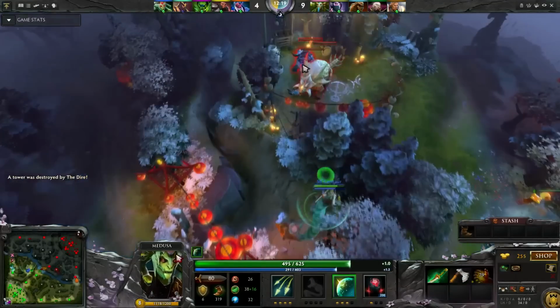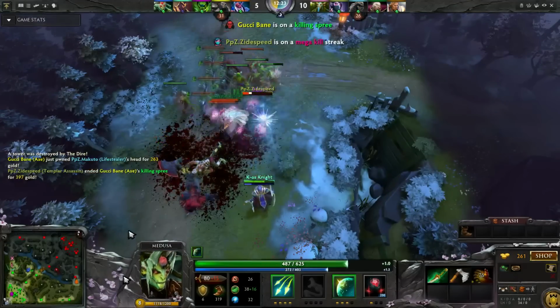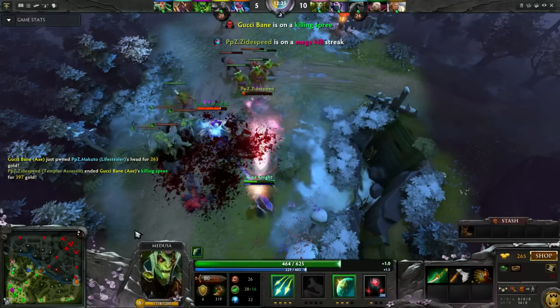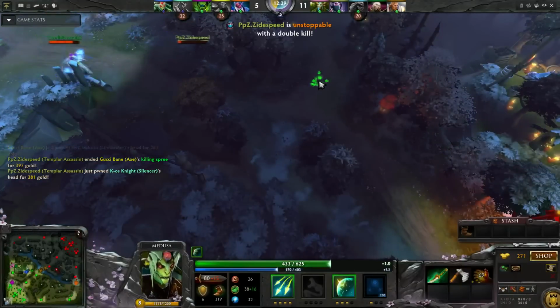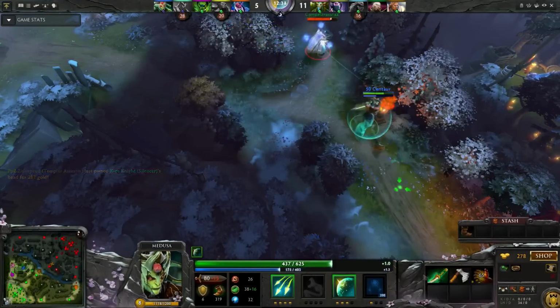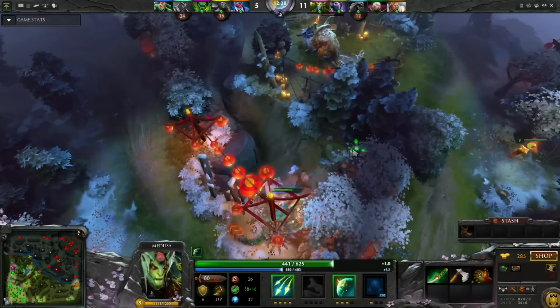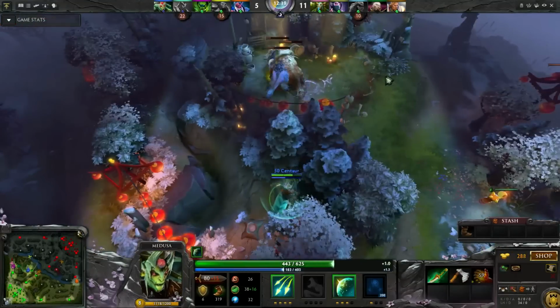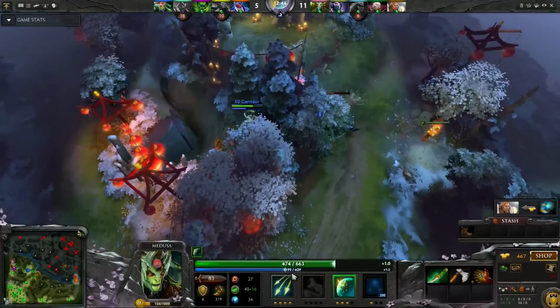I'm not sure if I watch this team fight. Let's see. Unstoppable double kill. TA is a very frustrating hero. I tried to cut her off here, but I mean, I don't even think I would have had the damage for it. It's really, really difficult. But the tough part with the TA is a lot of people don't really know how to handle her